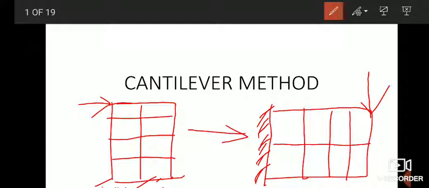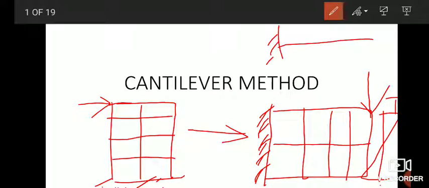You all know the bending stress at a particular cross section is directly proportional to the distance from the neutral axis. So we will draw the bending stress something like this. Here it will be tension and here it will be compression. The cantilever beam may bend something like this. At the top fiber it will be compression, bottom will be tension. So it will bend clockwise. You can imagine how it will bend. The top fiber will be under tension and the bottom fiber will be under compression.